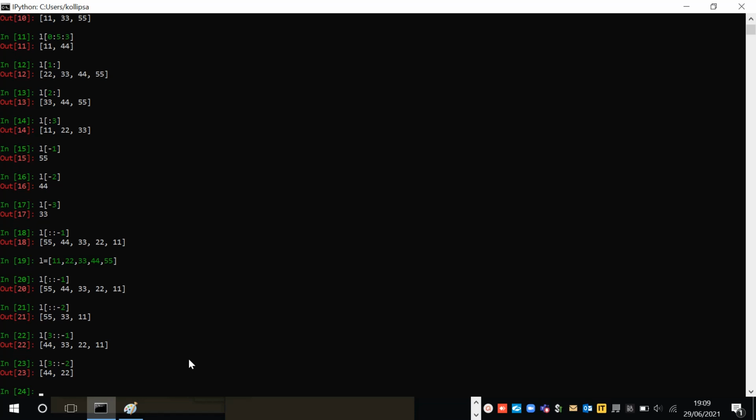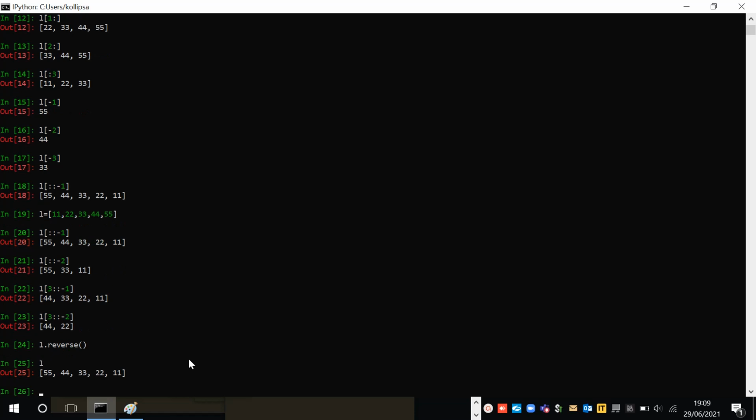In the interview you might get a question like reversing a list. In that case, you can just give it like this. We have a function called l dot reverse which will reverse the list. See, it got reversed. So you can just give an if condition for comparing whether the reversed list and the original list are the same or not. In that way you can check palindrome or not. The other way is you can just give list of colon colon minus 1 which will reverse the original list, and then you can compare these two lists.